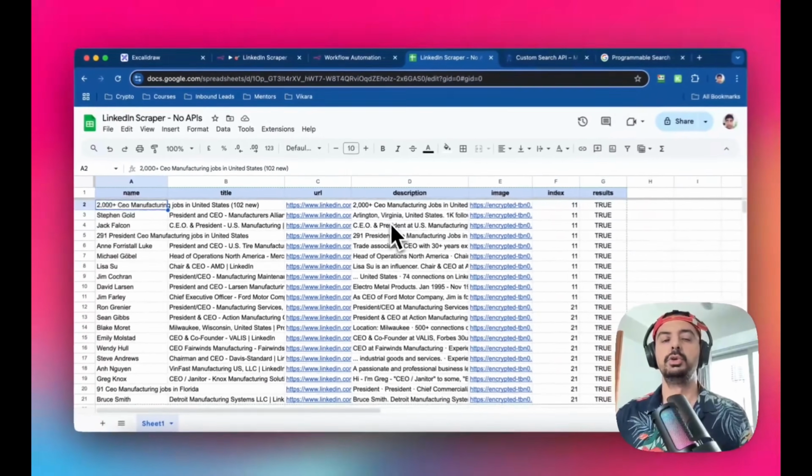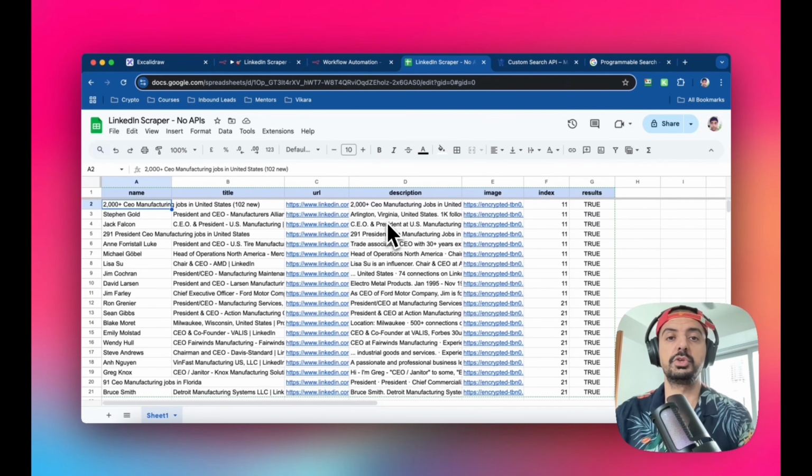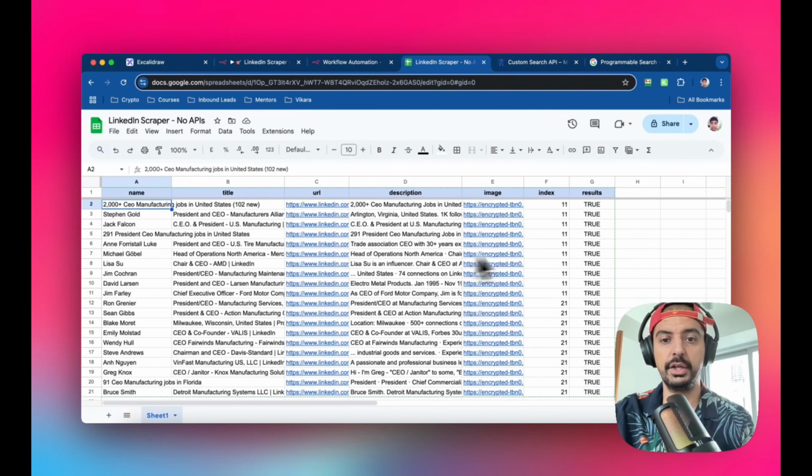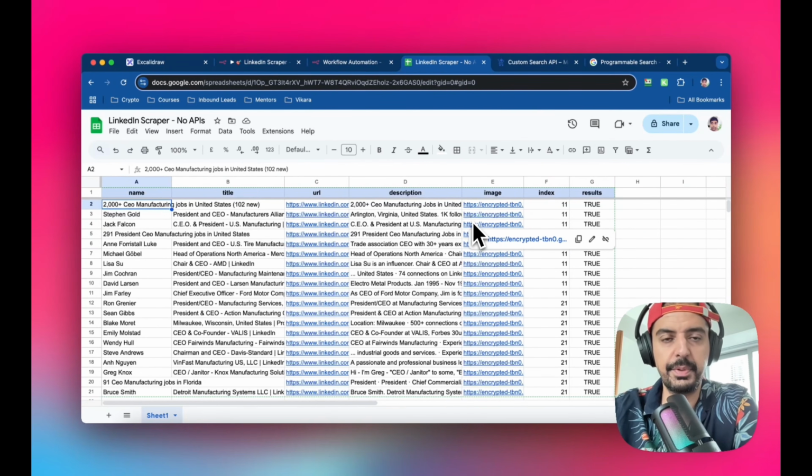And remember guys, you can sell this. You can sell this to clients, you can sell this as a service, you can sell leads in batches, because it doesn't take long to do 1,000. And you can get multiple API keys, by the way. If you've got multiple Gmail accounts, you can get a different API key for